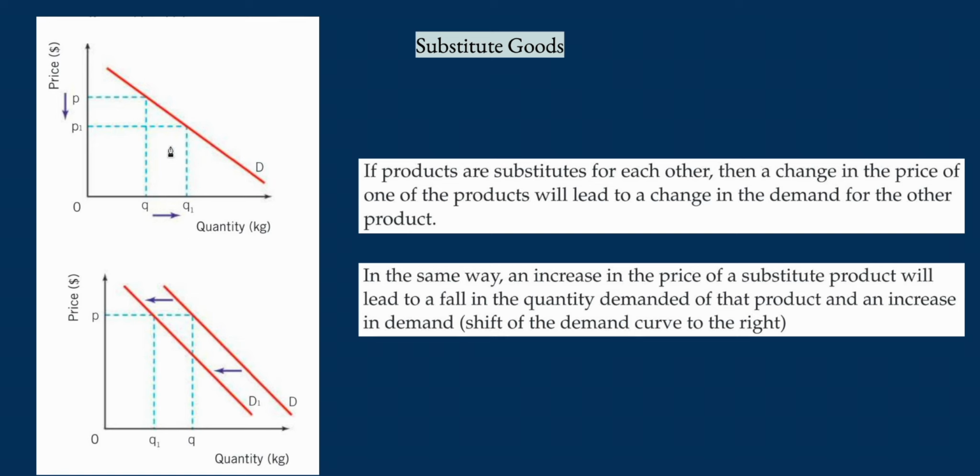If you don't understand the difference at this point, I don't know what else to say, but there's two curves here and there's one curve here. Shift, movement, okay? So if products are substitutes for each other, then a change in the price of one product will lead to a change in the demand for the other product. That probably sounds super wonky to you, but essentially it just